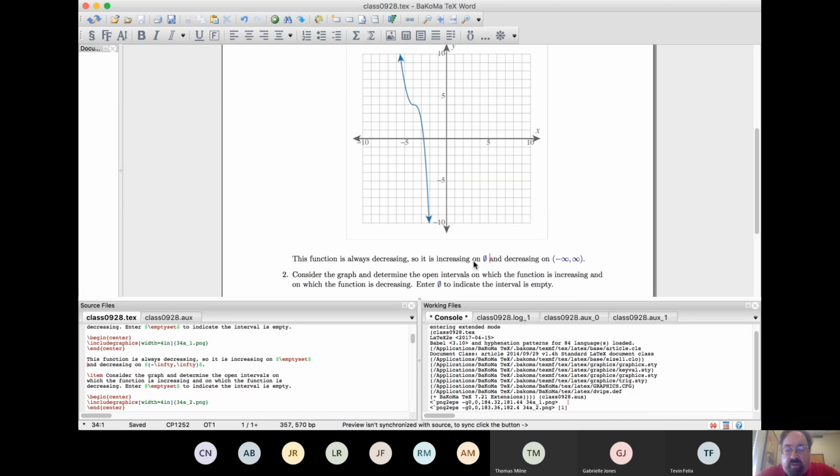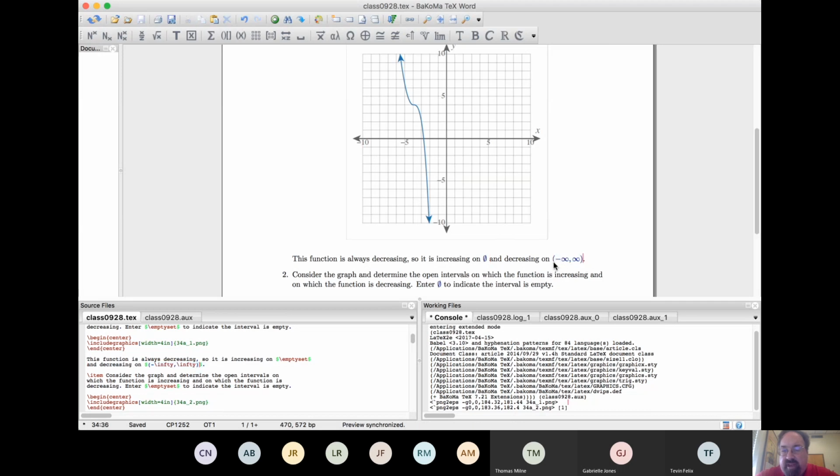It's increasing nowhere. So what you'll actually enter into Hawks is this symbol, the empty set, so the 0 with a slash through it, and Hawks will provide a way for you to enter that symbol. So it's not a 0, it's the empty set symbol. If instead it's decreasing everywhere, so on the entire real number line, this is what you will enter